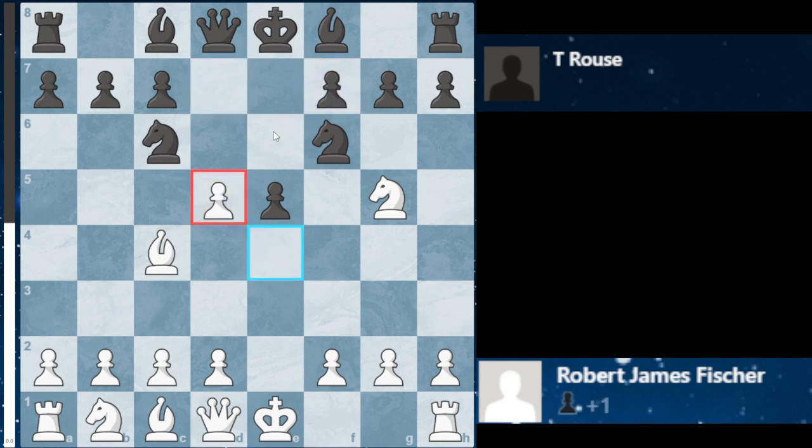White recaptures on d5, and although the most popular move and the main line for black is to go knight a5, black chooses in this game another move, knight d5. This is not the best move because it allows a nice knight sacrifice for Fischer with knight f7, but Fischer